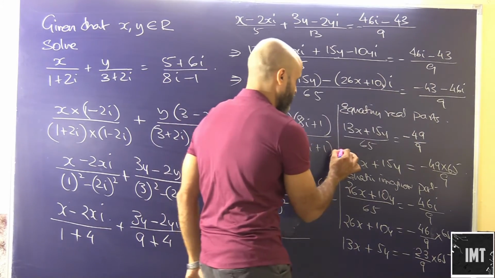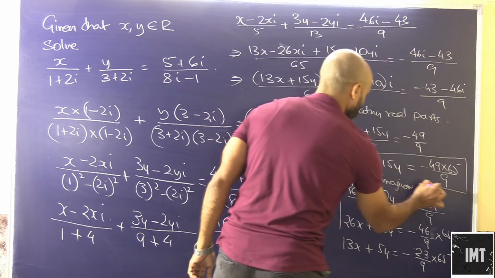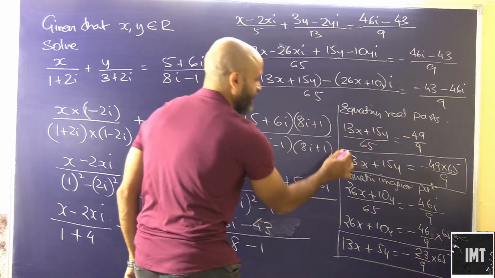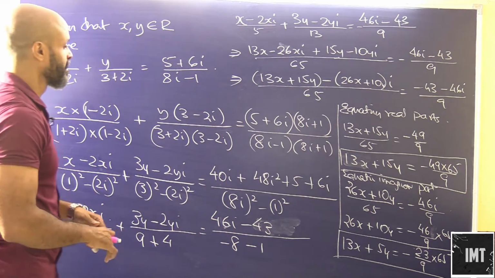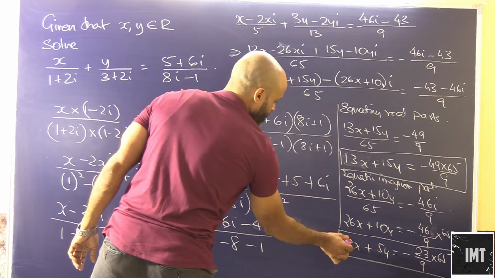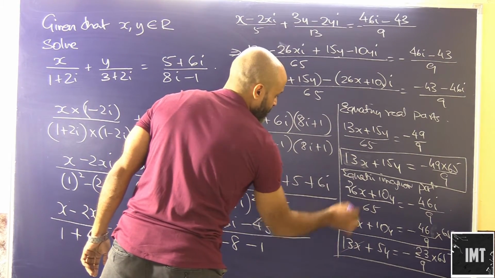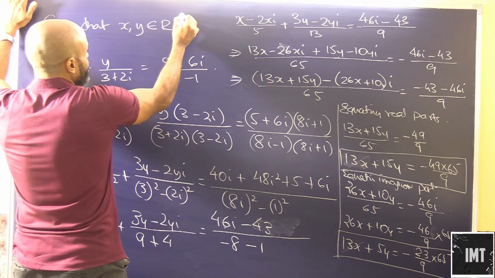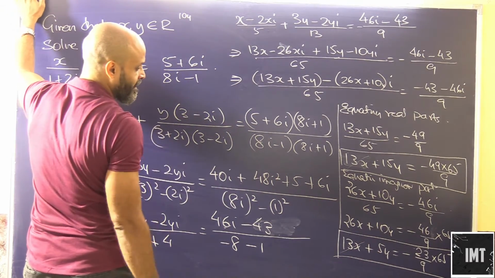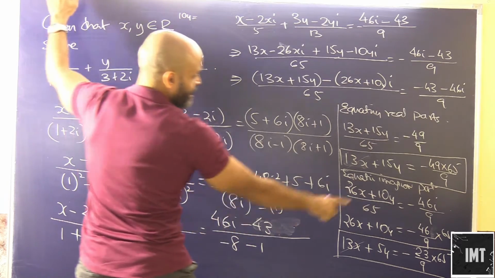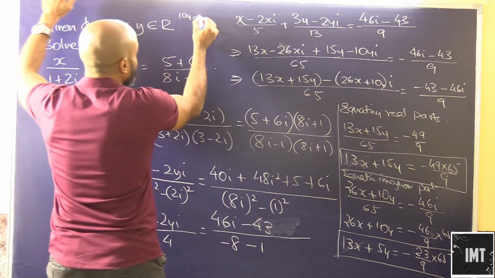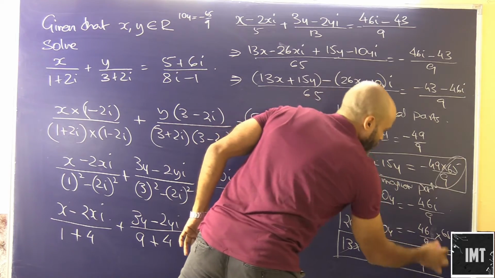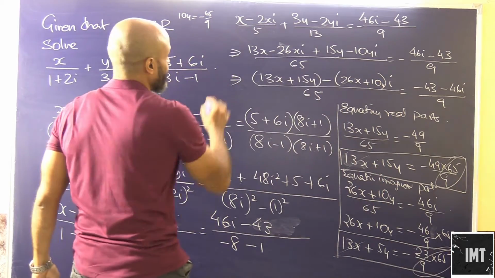Now look at this equation, and look at this equation. So if I subtract these two equations, if I subtract this from this, so 13x and 13x gets cancelled, 15y minus 5y, so this will be basically 10y. 10y is equal to, I can take out minus 65 by 9 as common, because it is common to both of them, minus 65 by 9